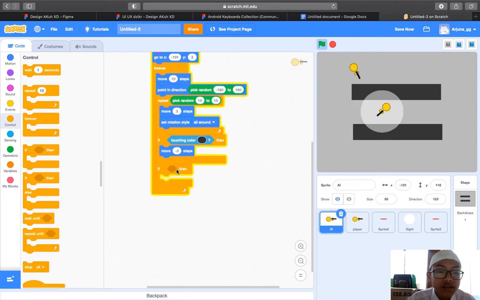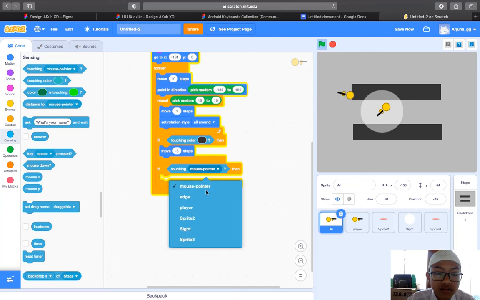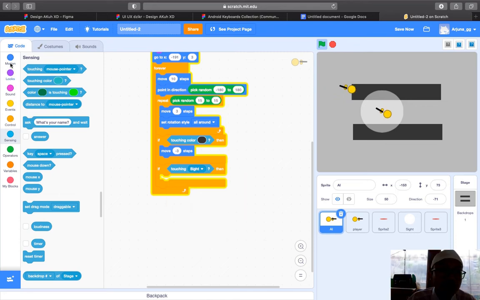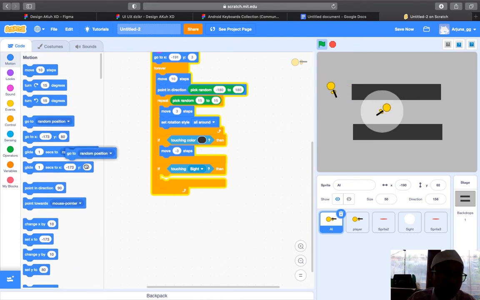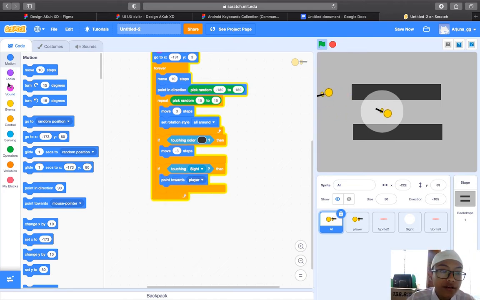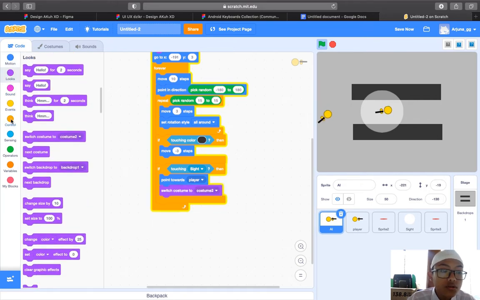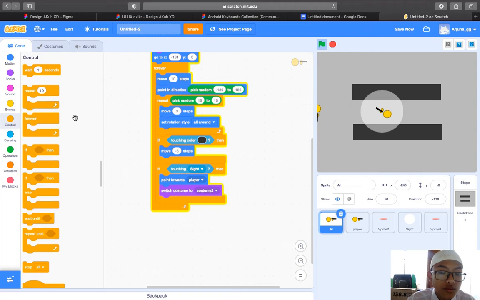So the coding is, if touching sight, we are going to make the AI point towards the player, and then we'll make it switch costume to costume 2,